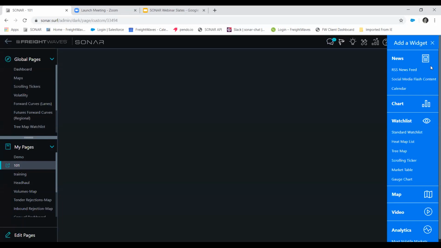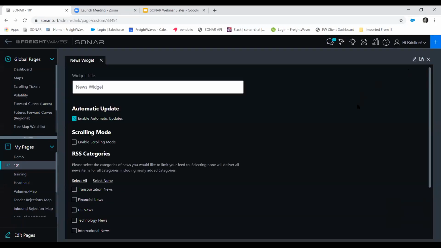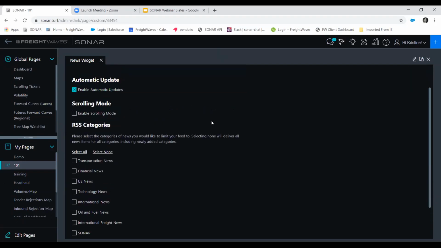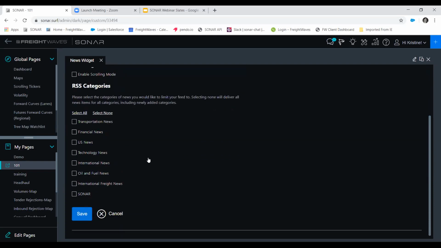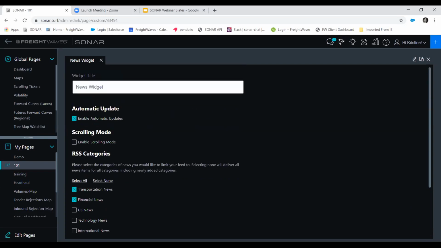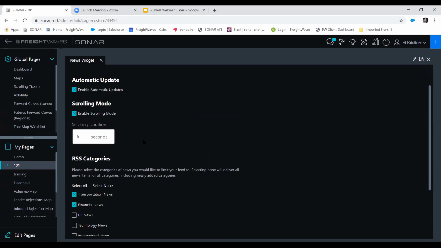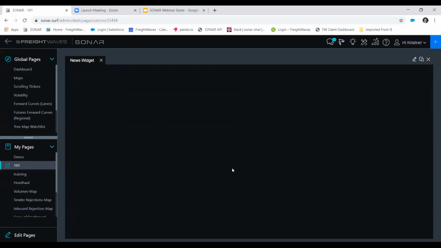So to start off, we'll go over the RSS news feed. This gives you options to see all of the different types of transportation news categories. We have finance, technology, Sonar. You're able to click all of those, whichever ones you want. And we also have a scrolling mode that's available. So when I click save,